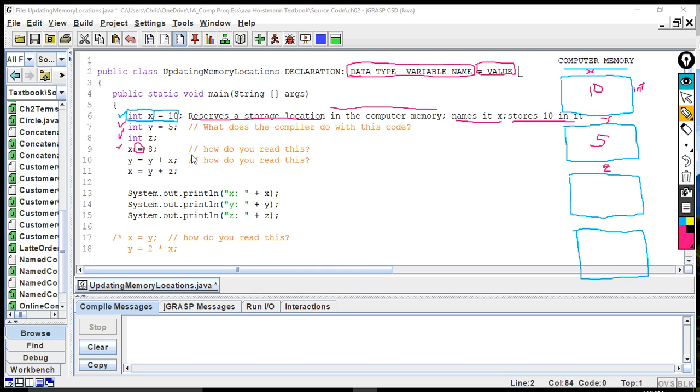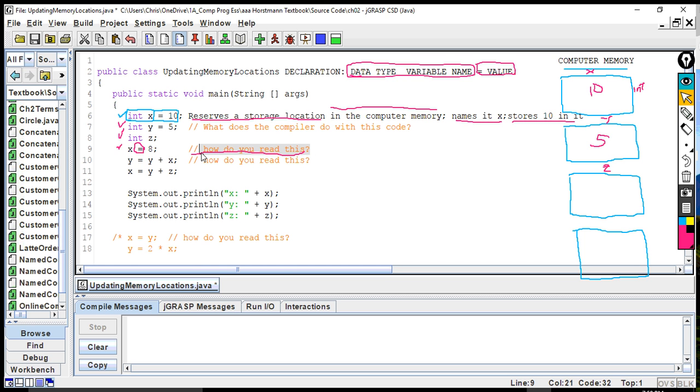And the question is, how do you read this? There's a couple ways that you could read this actually. And so we're going to go back here and make it so you can see this. So it's read as this: X is assigned 8. X is assigned 8. Or if you want to read it from right to left, you'd have to say 8 is assigned